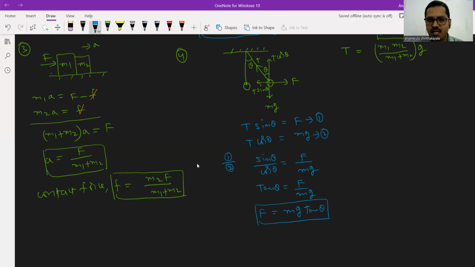To calculate the tension developing in the thread, from equations 1 and 2 we square and add these two equations. On the left side, the first equation gives T square sin square theta, and the second equation gives T square cos square theta, which is equal to the first one, F square, plus the second one, (mg) square. Here, taking T square common, then sin square theta